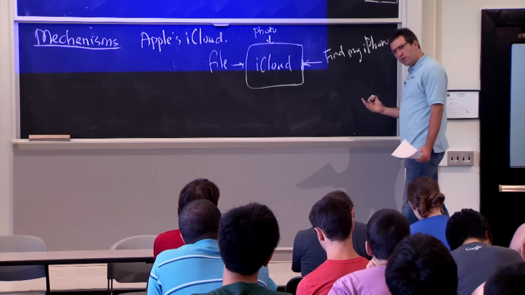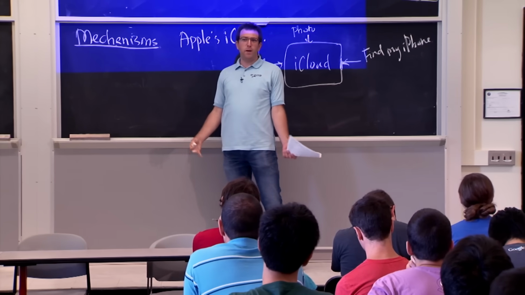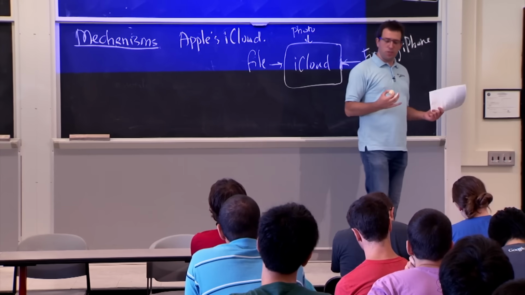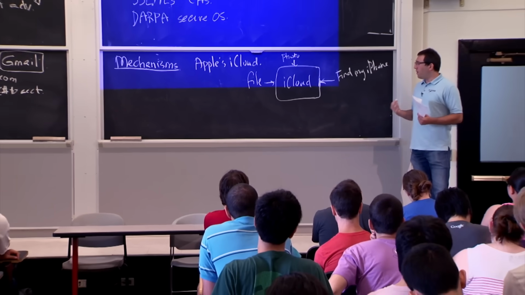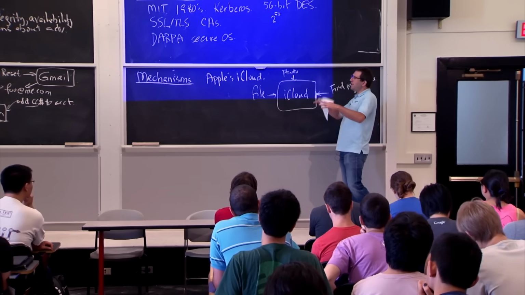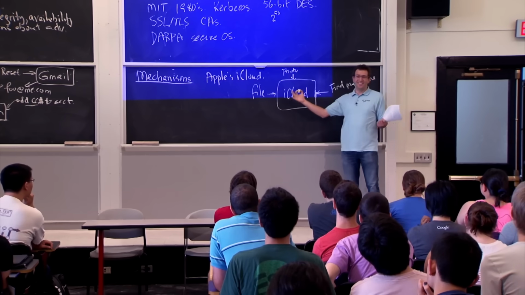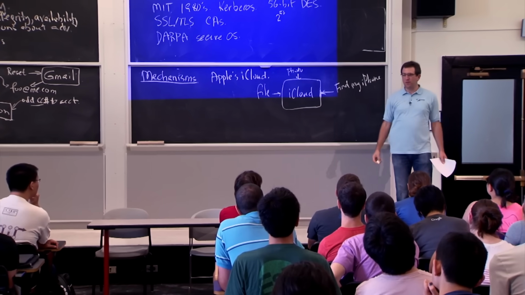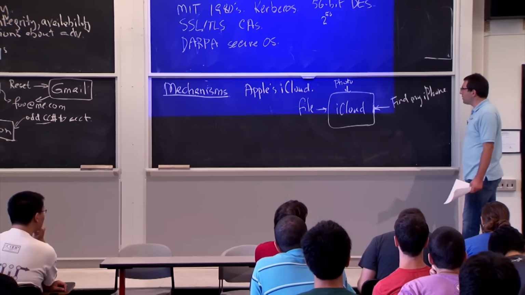And the reason this is important is that, as I mentioned earlier, humans are not that great at picking good passwords. So actually building a system that authenticates users with passwords is pretty tricky. We'll actually read a whole paper about this later on. But one good strategy is, there's probably 1 million passwords out there that will account for 50% of the accounts. So if you can make 1 million attempts at someone's account, then there's a good chance you'll get their password, because people actually pick predictable passwords.